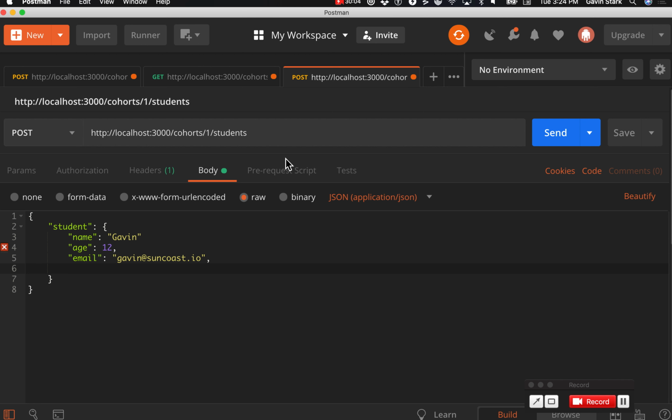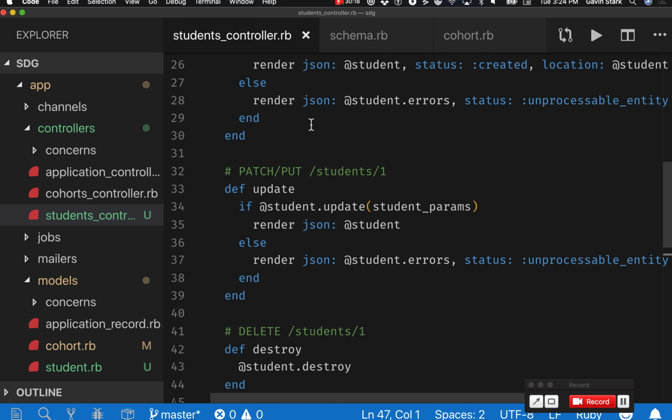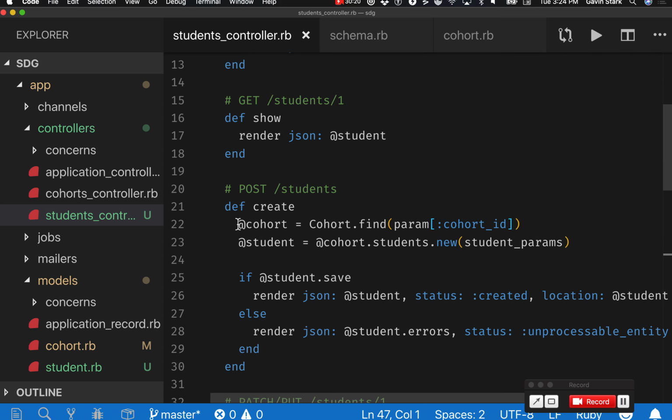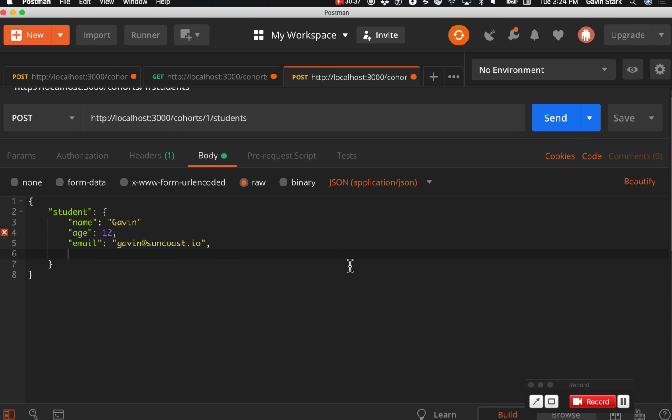Because where is it going to get the cohort ID from? Right up here. I've already told it I'm talking about cohort 1 students. So because I put that cohort ID in here, and because when I go to create a student, I find that cohort first, and I say, this cohort's students new, automatically linking those two models together. So it should, if we've done this correctly, when I create this student,